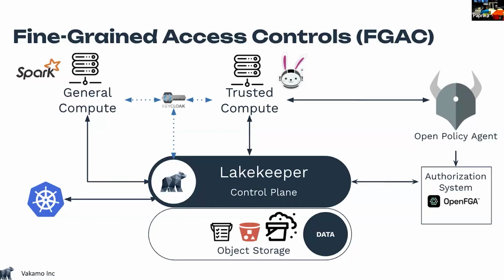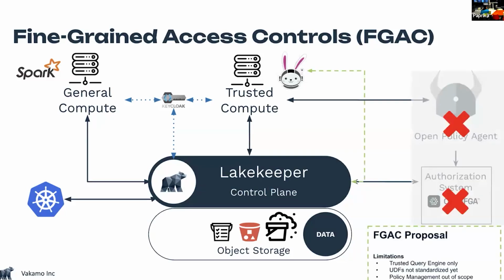But when I have a conversation with all those companies, they say, oh, so many moving parts. That's very hard. So why not just get rid of something? And yes, we have a FGAC proposal, guys, at Iceberg. You're all welcome to contribute, to talk, to discuss. And with that FGAC proposal, we will actually implement exactly this type of system, so that the communication between catalog and the query engine can be enforced, and the information can flow and help you to secure your data access.